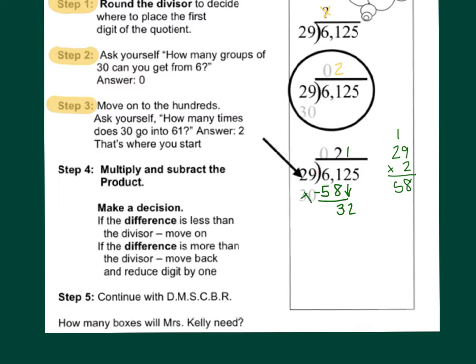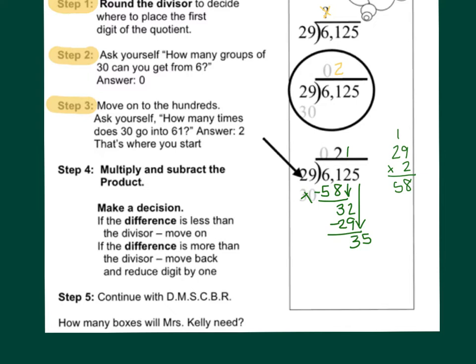So 1 times 29 equals 29, and then I subtract, and I'm going to get 3. And I can see that 3 is less than 29, so I can move on to the next step, and I can bring down my 5. Again,